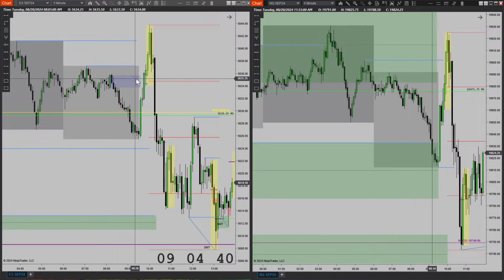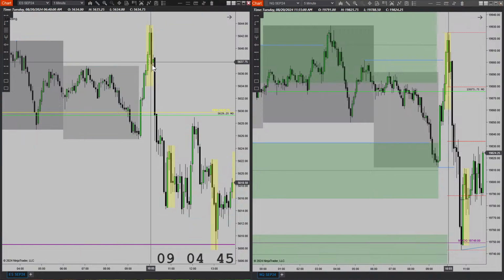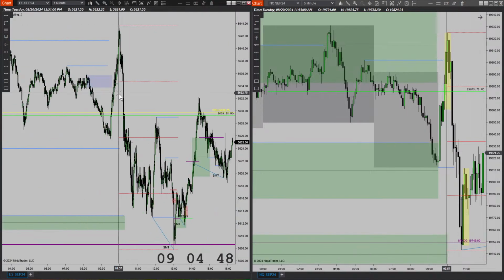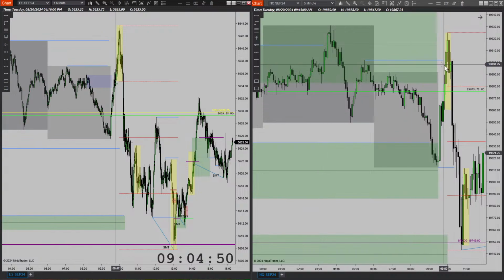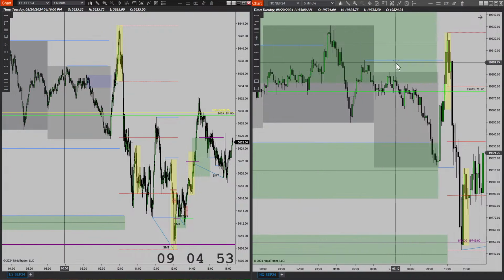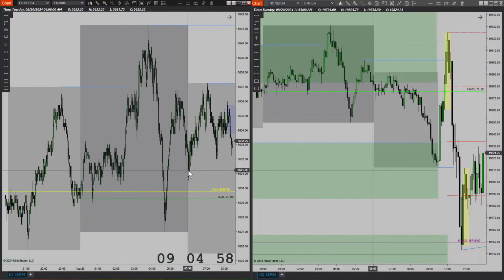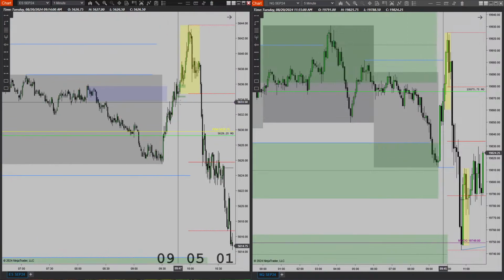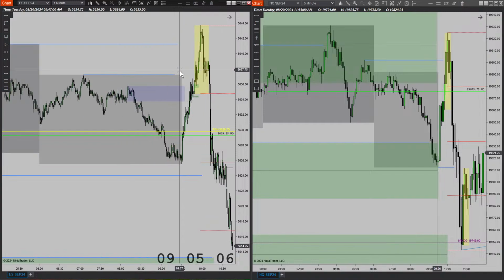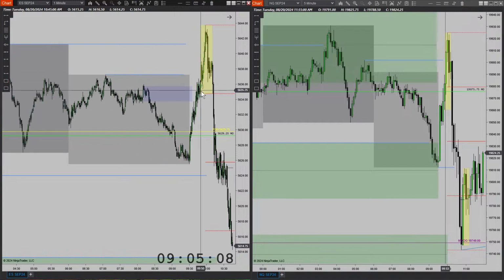Okay, so once I saw this, I looked for an entry here, and I was actually able to get a pretty good entry on the 1 minute. On the 60 on NQ, I didn't like it as much because price had yet to close above any of these highs here. Here on NQ, on ES, price did with this candle here. I entered at this gap here and covered into this sweep here. I actually wanted to get into an extra one, but I didn't get triggered. I actually had my buy order right here to get into a couple other contracts.